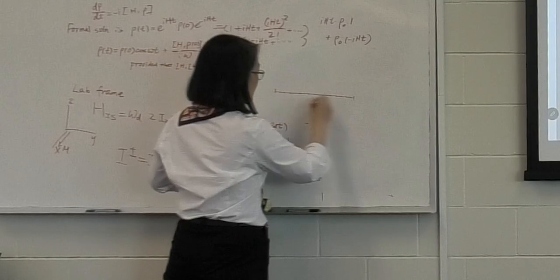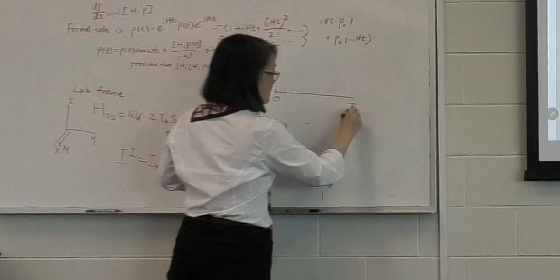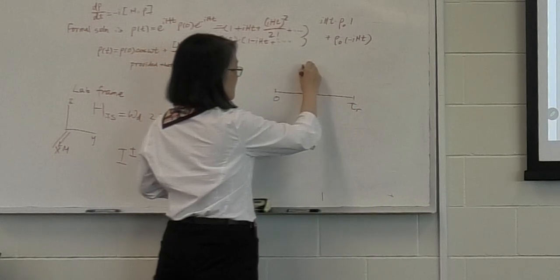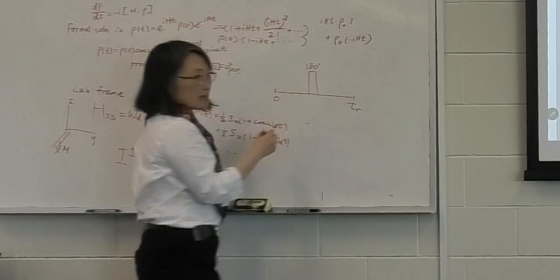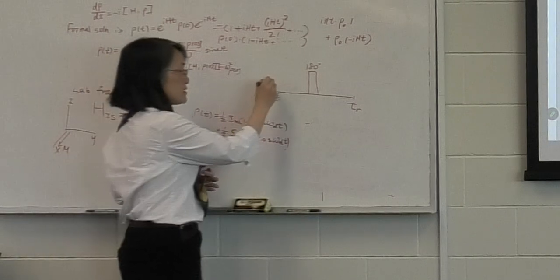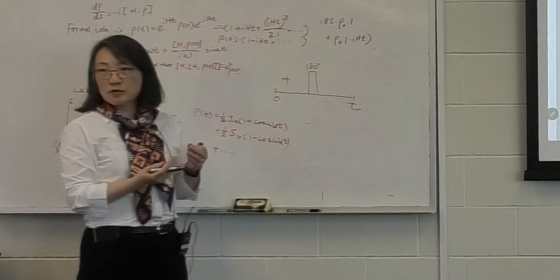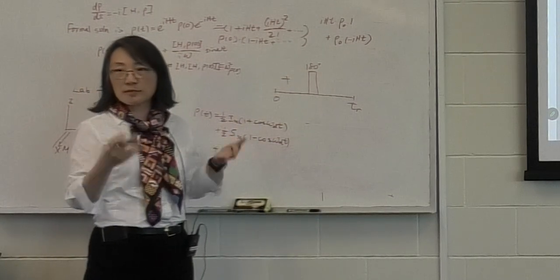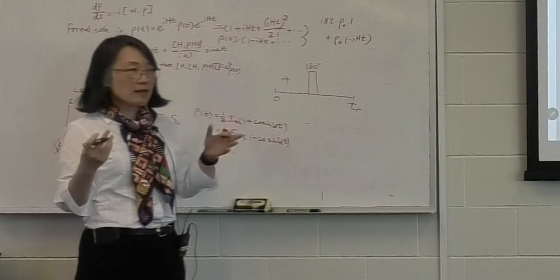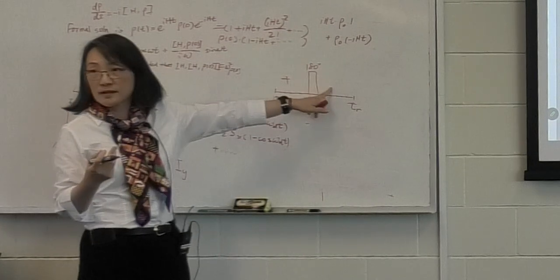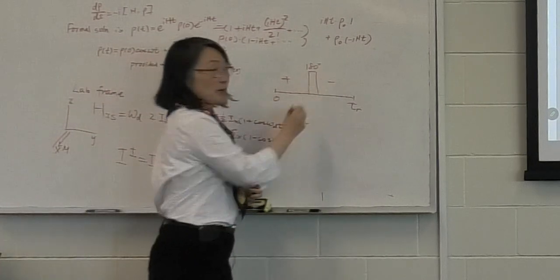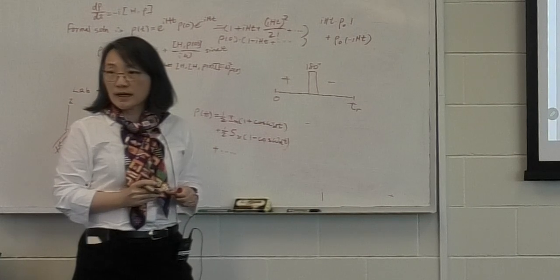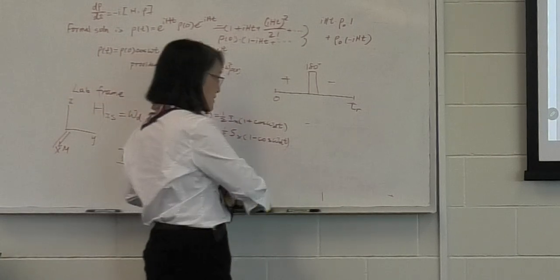In one rotor period, 0 to TR, I have a 180-degree pulse. And before the pulse hits you, you might think my dipolar coupling has a certain sign. I would just call that positive sign, IzSz. The pulse effectively inverts the sign for this part. All right. And so because of that,